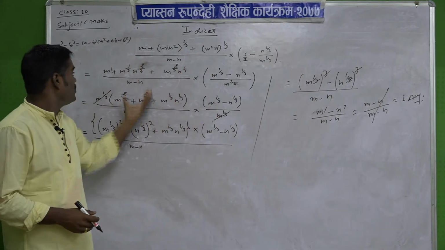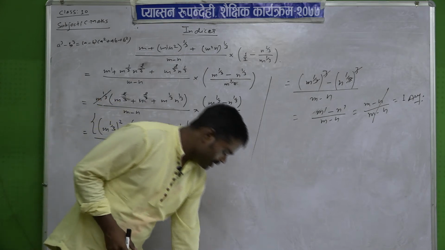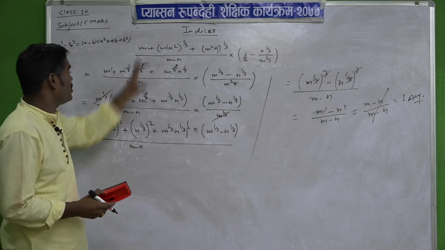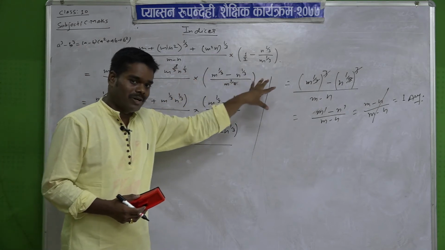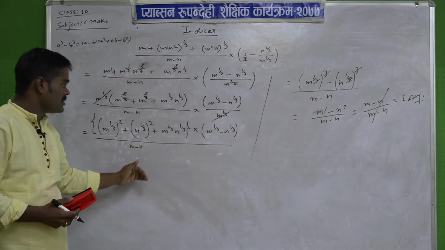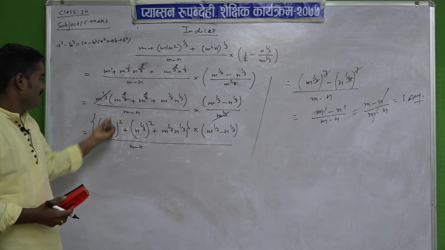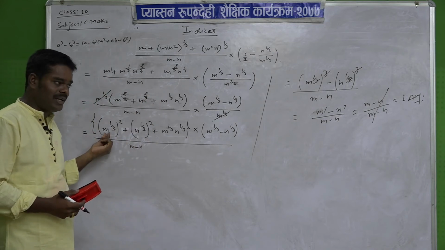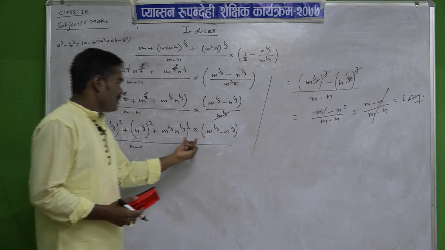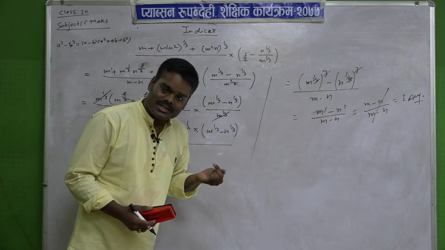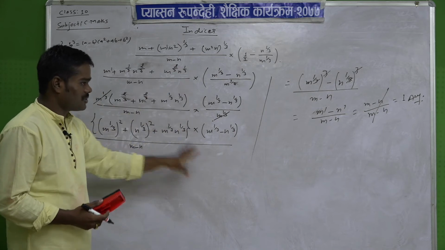So, is there any confusion? I think you have totally understood. There is no confusion, you just have to take the lowest power as common, and then simplify, and then write it in a complete square form, and then it can be converted into the form of A cube minus B cube. So, this is the solution.